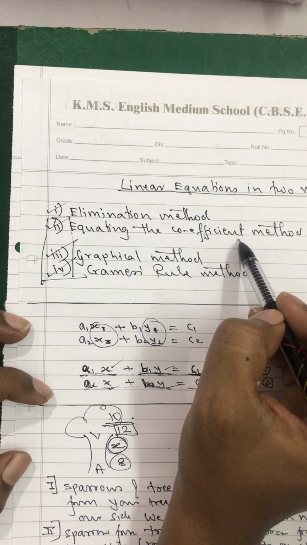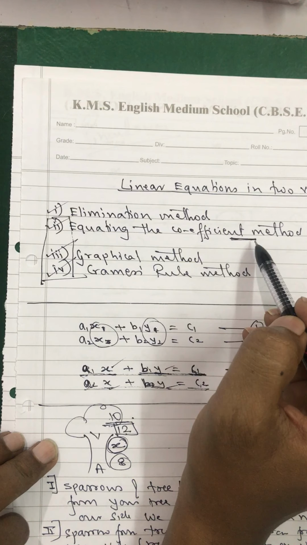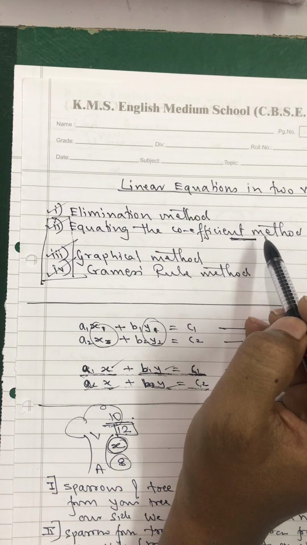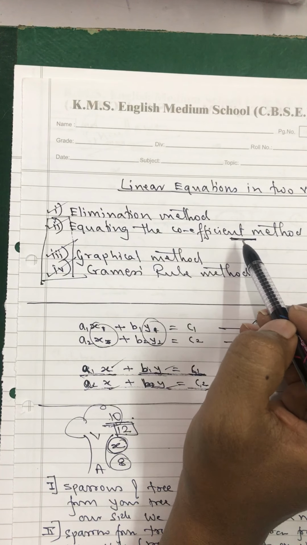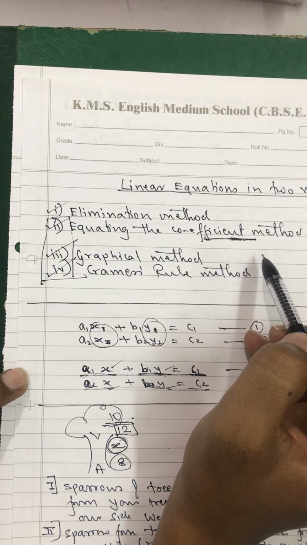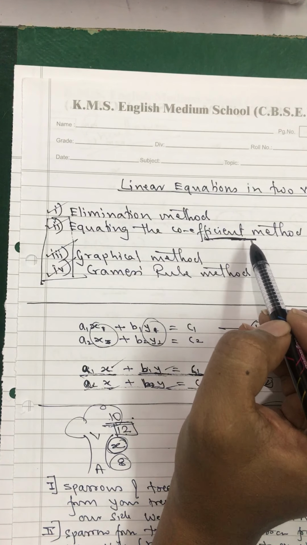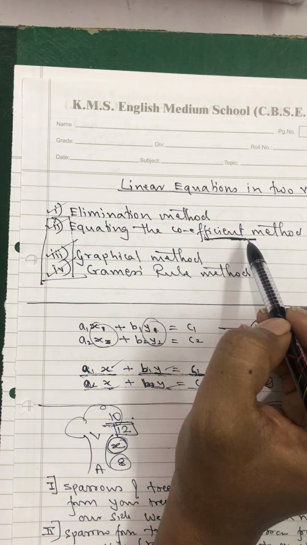if you will be lucky enough, you may get a different question based on this. There are very few times that questions are based purely on the equating the coefficient method. But definitely this is a very important method, because many questions, especially word problems, are solved by this method. Dedicated questions on equating the coefficient method will not be asked. You will be very lucky to get a question dedicated to it.